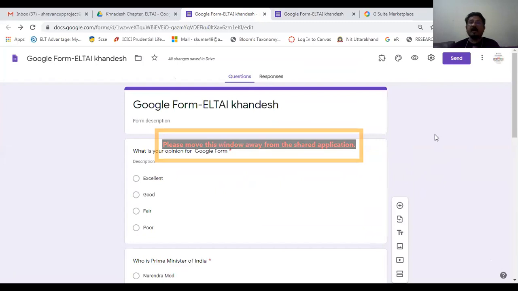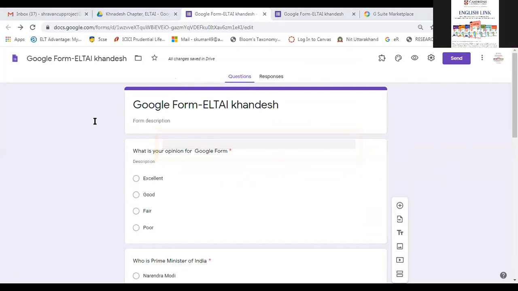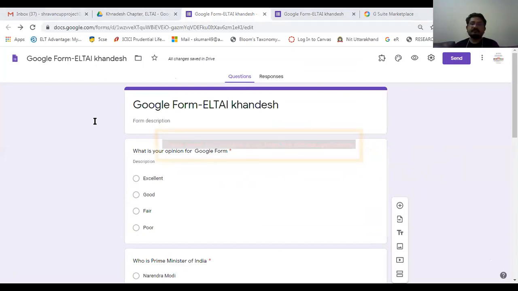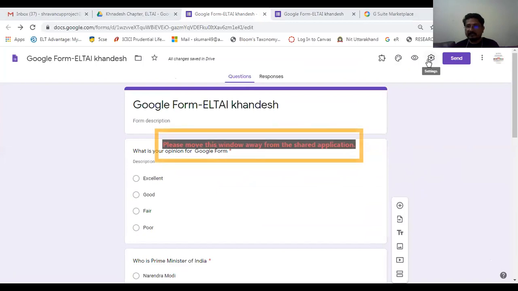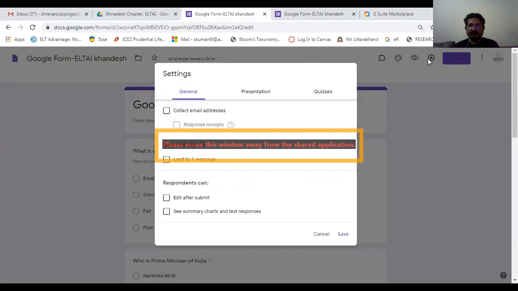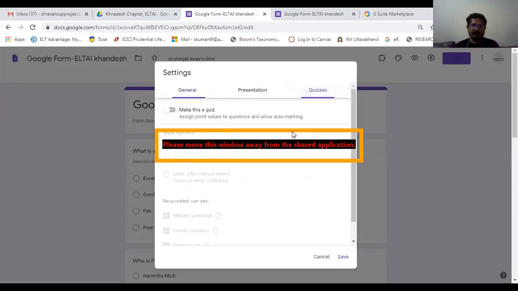This is Google Form. Now, how can you convert your Google Form into a quiz? Click on this option, settings. Click here. You will find general, presentation, and quizzes. Click on quiz.